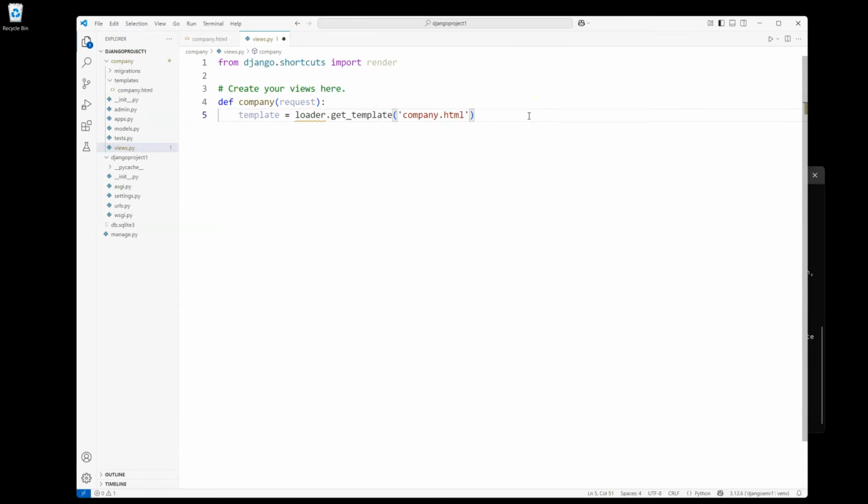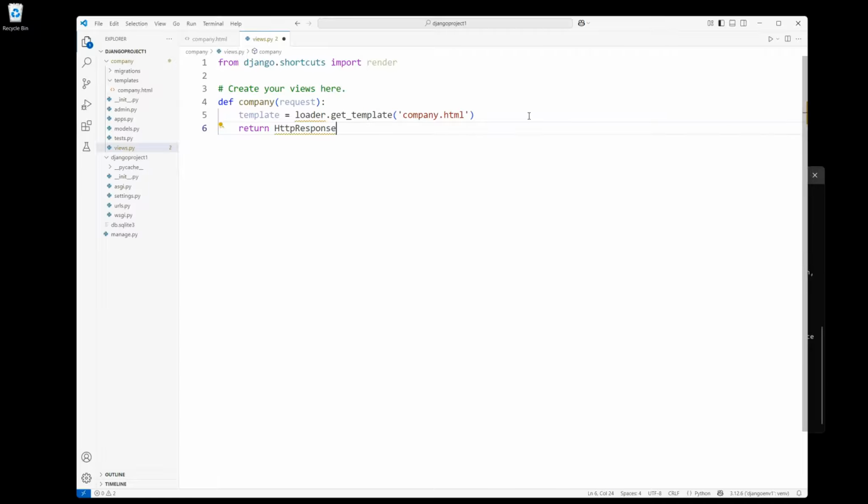That's the template. Next we need to return an HTTP response, so then we just use the return